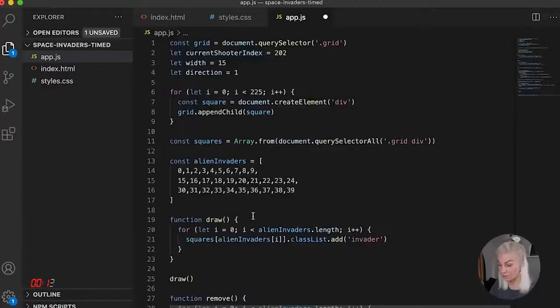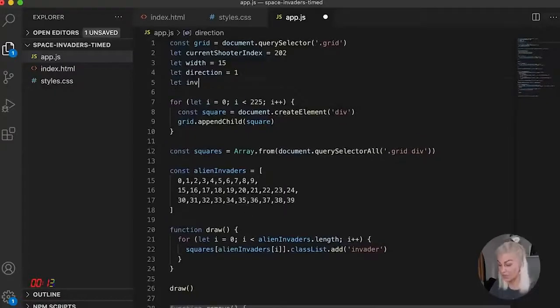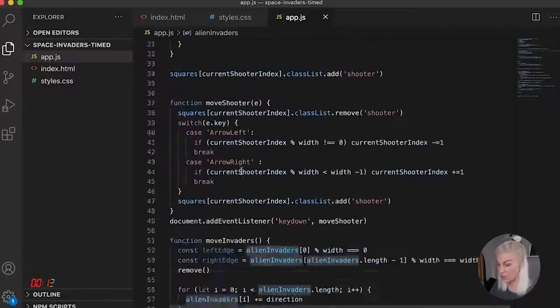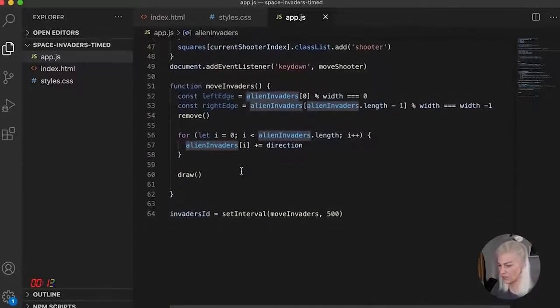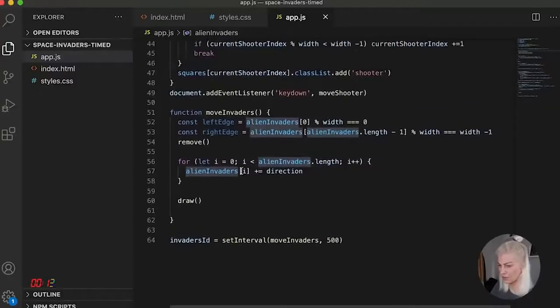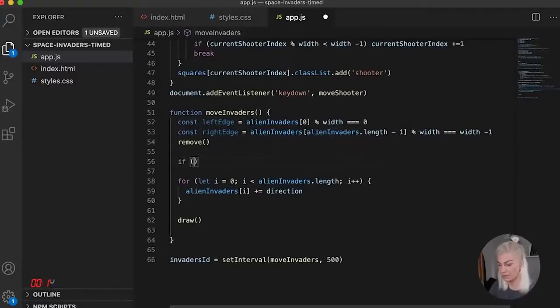Invaders ID, let invaders ID. That's just null for the moment. Okay, so we've got that so far. The next thing that I would like to do is actually do some logic. So I'm going to do that above here. If,